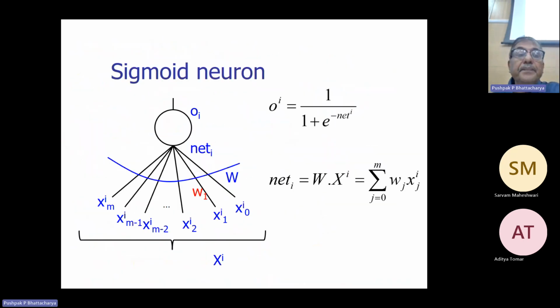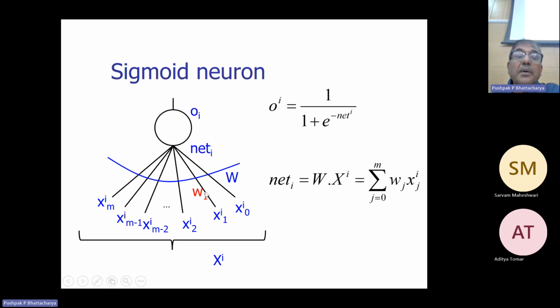Now let's understand the sigmoid neuron. For the sigmoid neuron, the inputs are x0, x1 up to xm. The upper suffix i indicates the ith data point. So for the ith data point, output O^i is equal to 1 by 1 plus e to the power minus net^i. You have to mark this particular symbol very carefully. Minus net^i is the net input coming into the